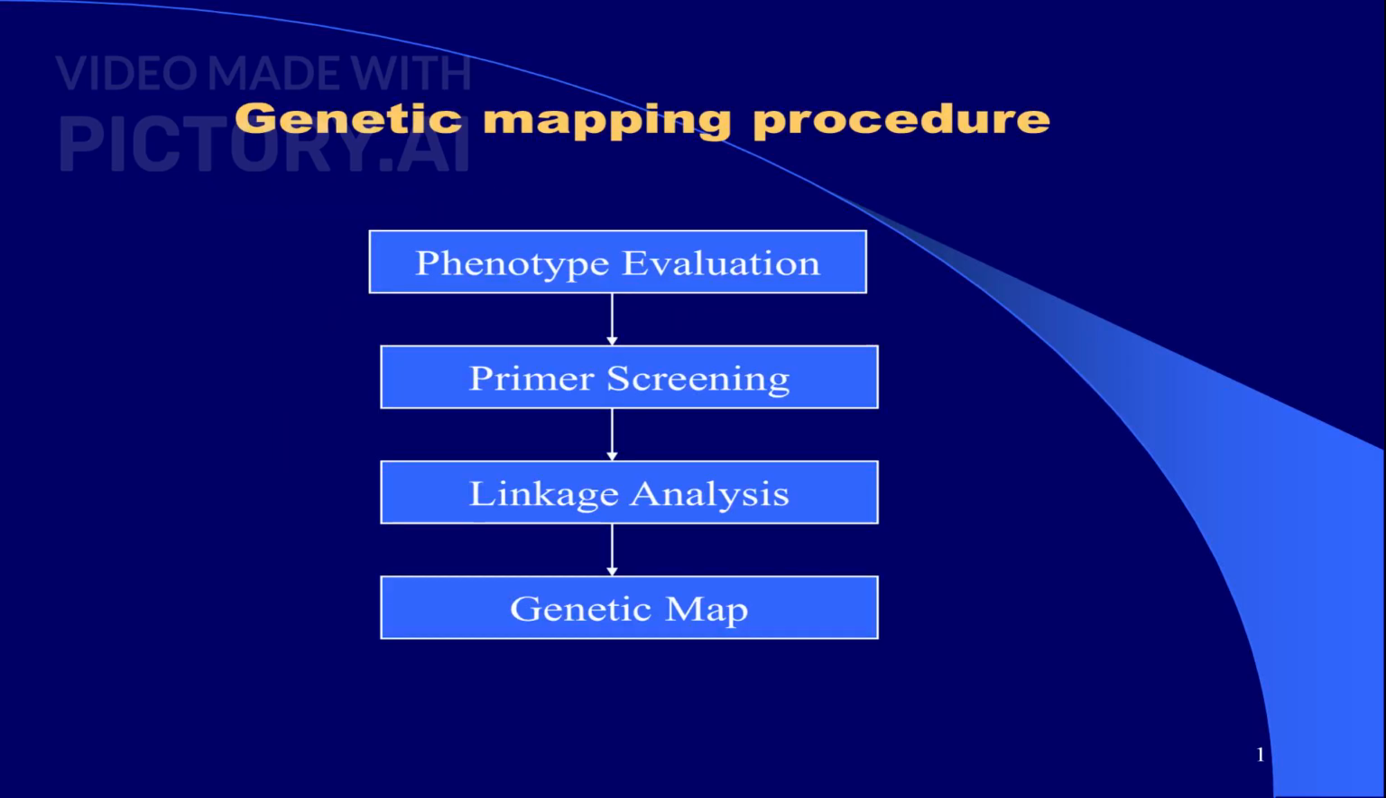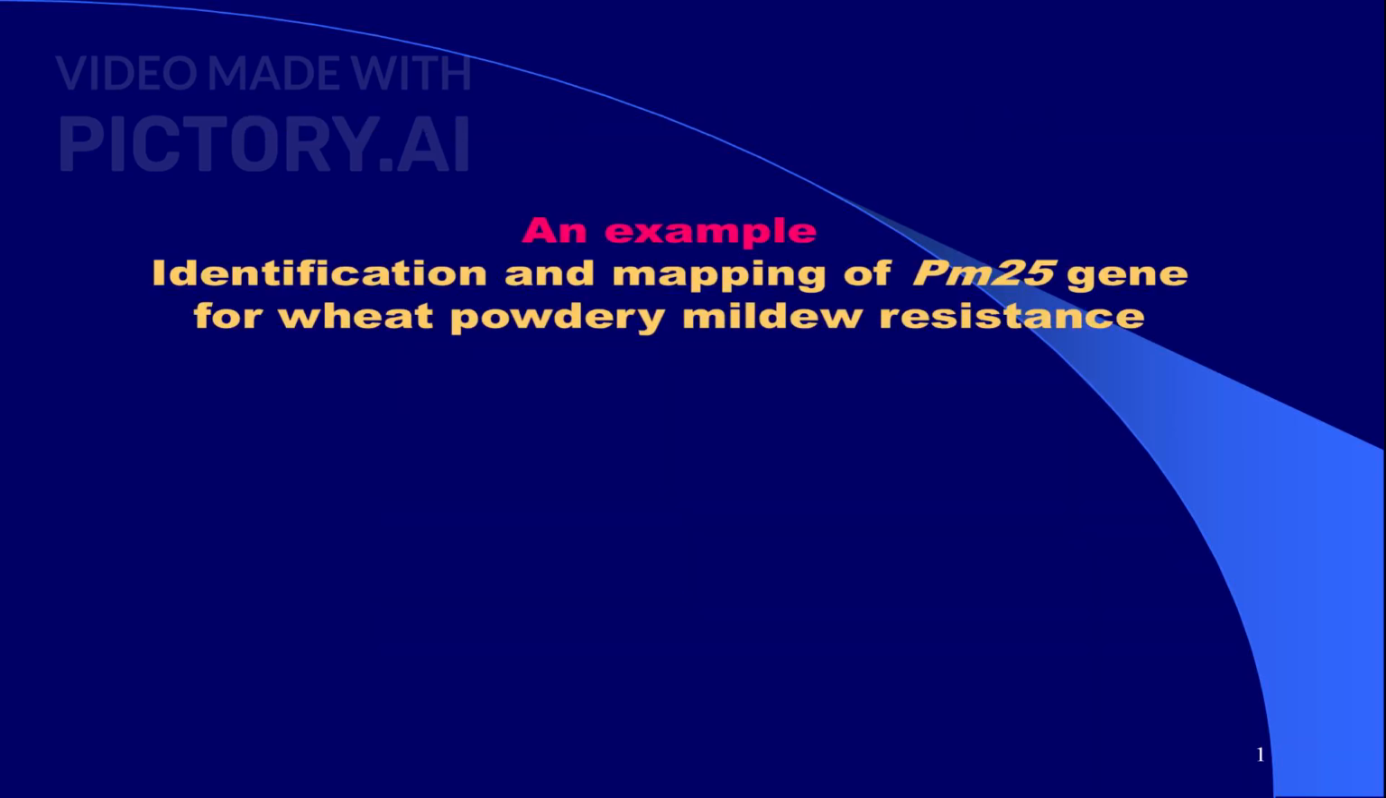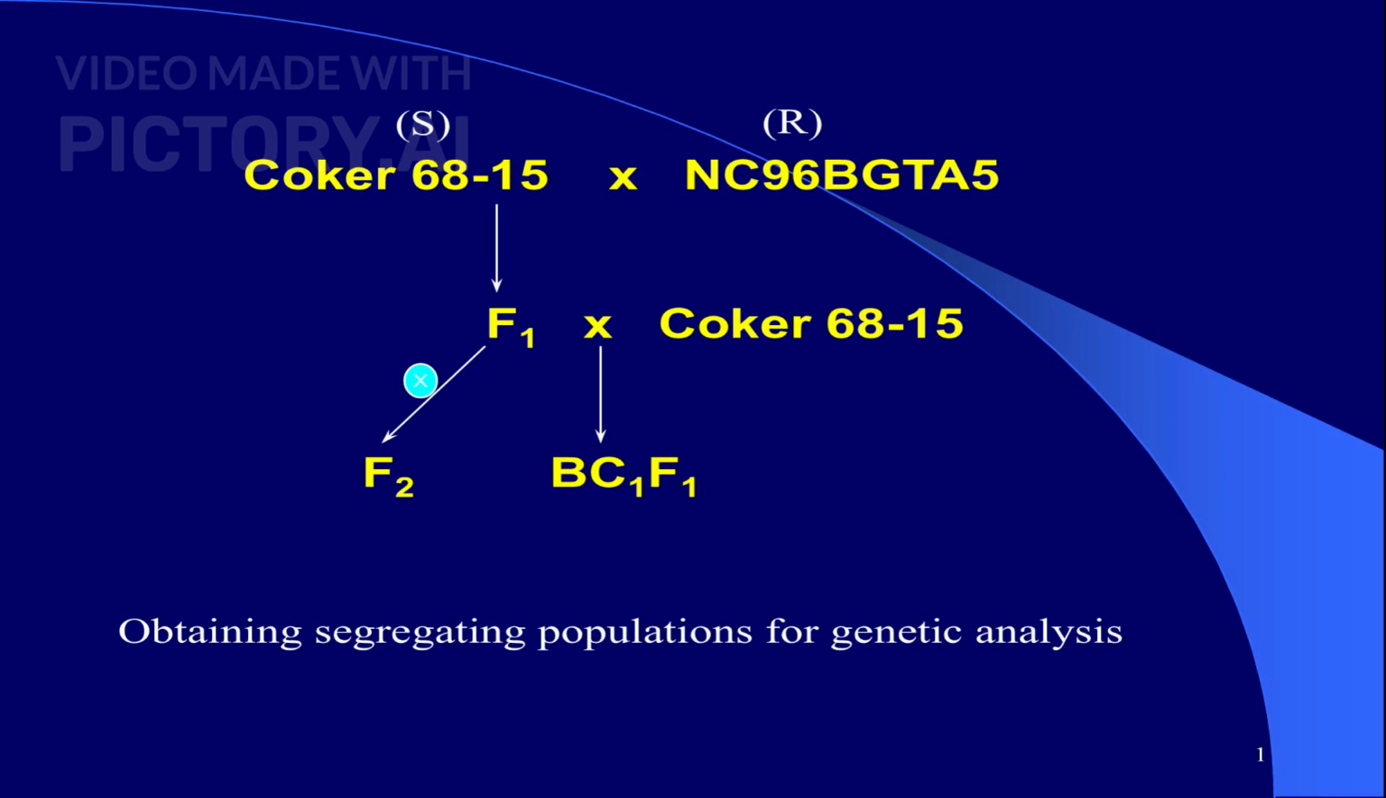The genetic mapping procedure involves phenotype evaluation, primer screening, linkage analysis, and creating a genetic map, each step crucial for understanding resistance. Let's explore the identification and mapping of the PM25 gene, a key player in wheat's resistance to powdery mildew. By crossing specific wheat strains, we obtain segregating populations essential for genetic analysis, paving the way for understanding resistance